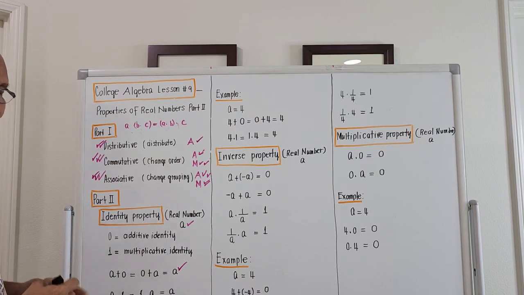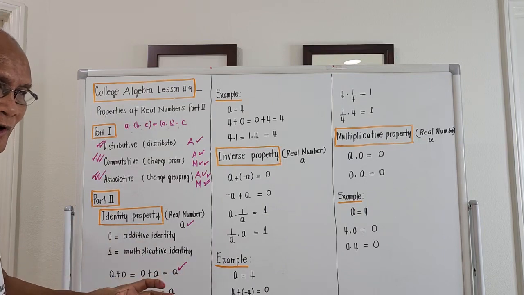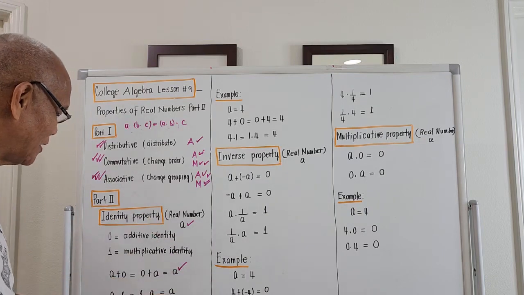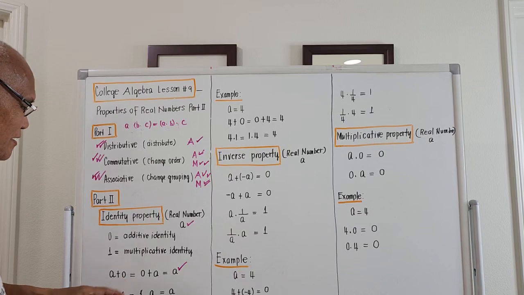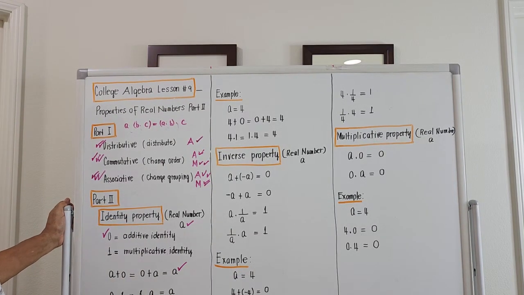So the meaning of this: the only number that could be added to any real number so that the value of that will not change will be 0. Right? So that's the so-called additive identity. The next one,